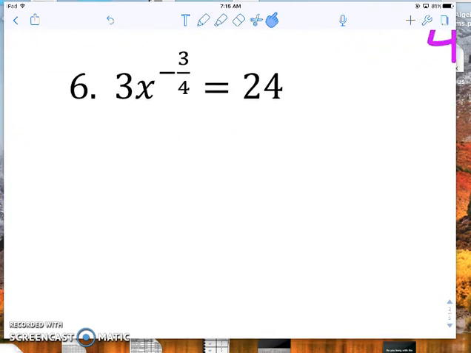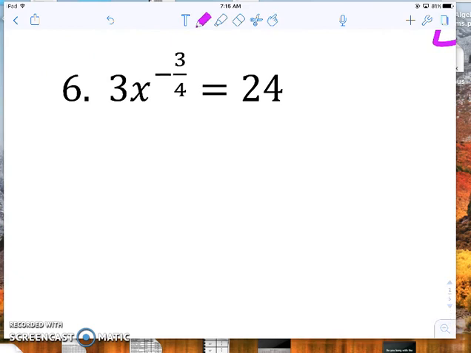So the next one, again, it's in our base. So we have to get the base by itself. So we'll divide by 3. So x equals -3/4. X equals, that should be x to the power